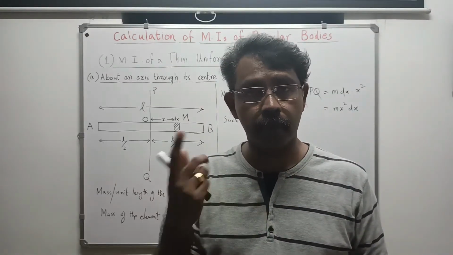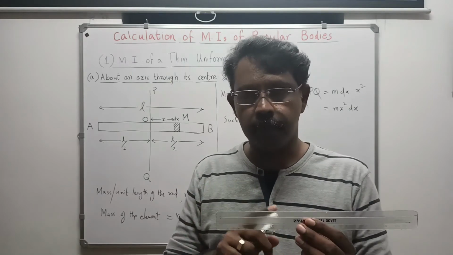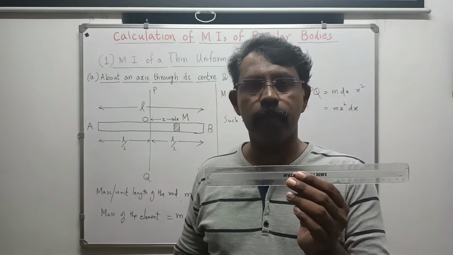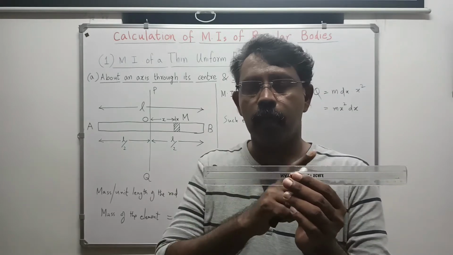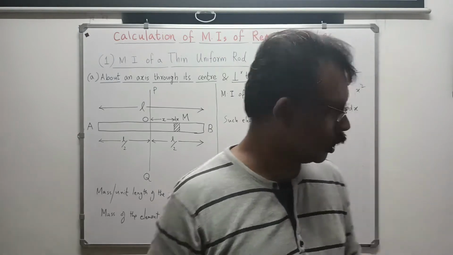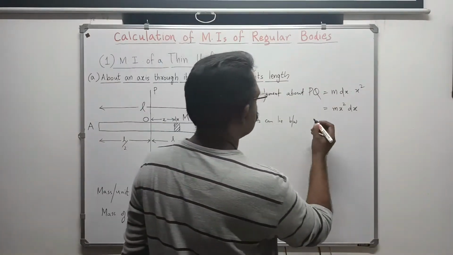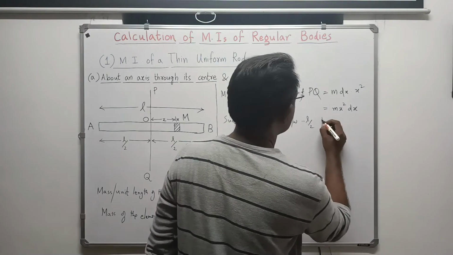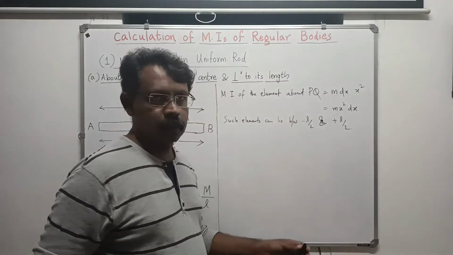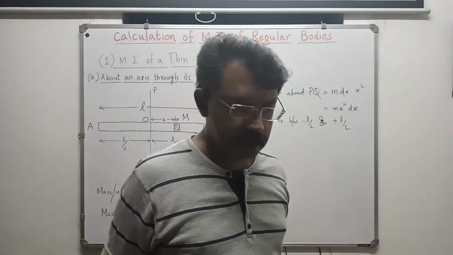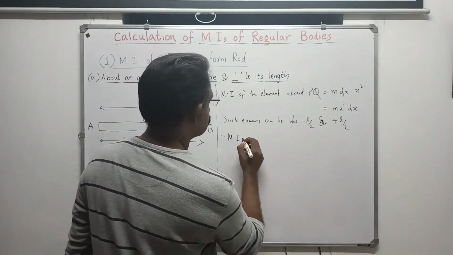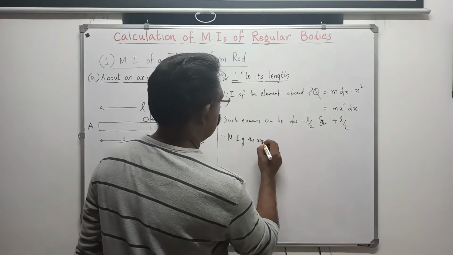Apply the limit from minus L by 2 to plus L by 2, because the scale is made up of all such small elements lying from minus L by 2 to plus L by 2. So elements can lie between minus L by 2 and plus L by 2, making up the whole length of the scale. So I can write the moment of inertia of the rod about PQ